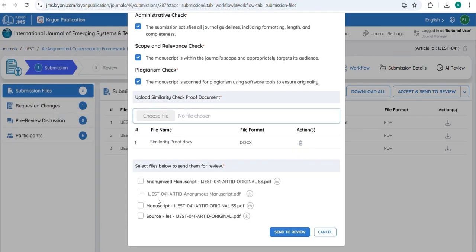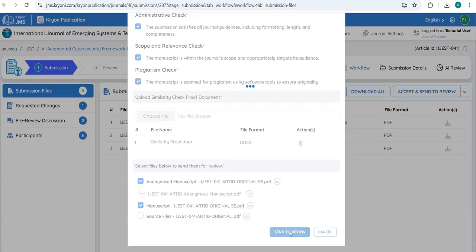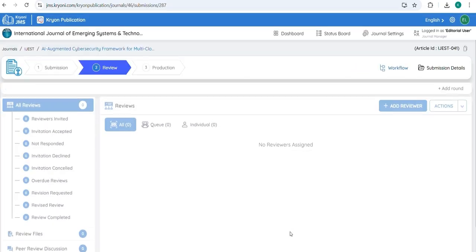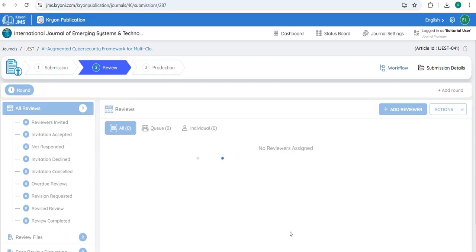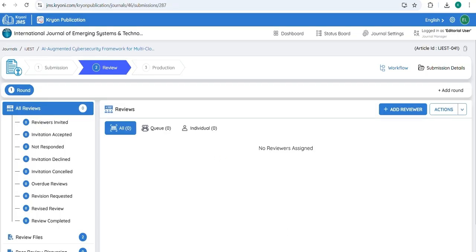And the journal manager can decide which files need to be moved to the review stage. Since this is a double-blind journal, I'm moving the anonymized manuscript to the review stage. Now the manuscript has successfully moved to the review stage.